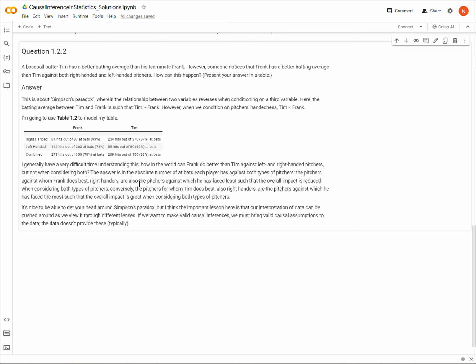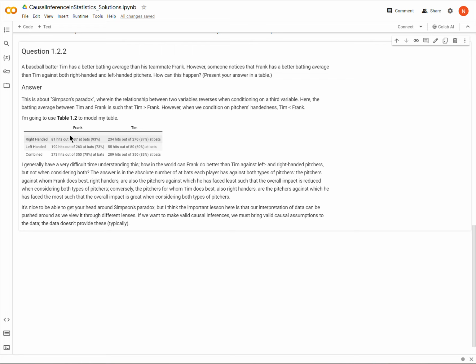but the solution happens to be in the absolute numbers of each of these cells here. Okay, so just notice that. So when we look at the combined, we see that Tim is doing better than Frank. Now, why does it arise that when we look at right and left-handed pitchers, Frank is doing better than Tim? Okay, so notice that